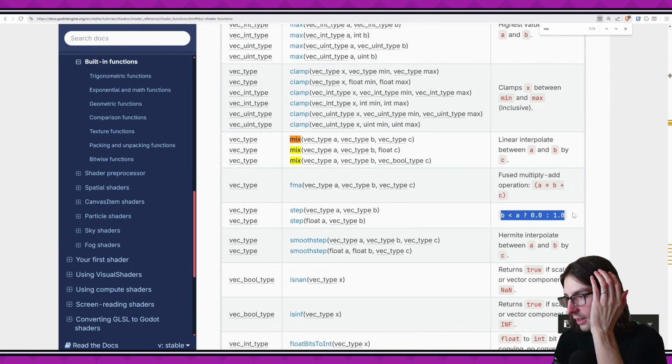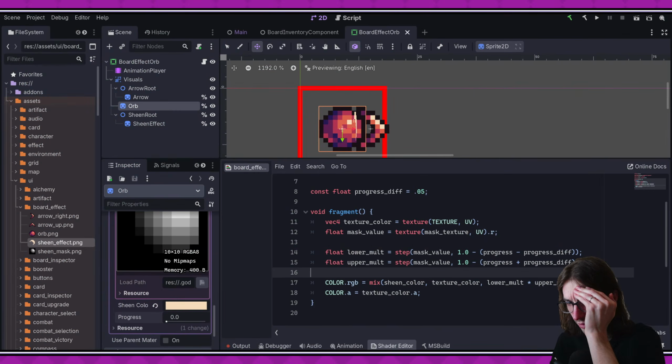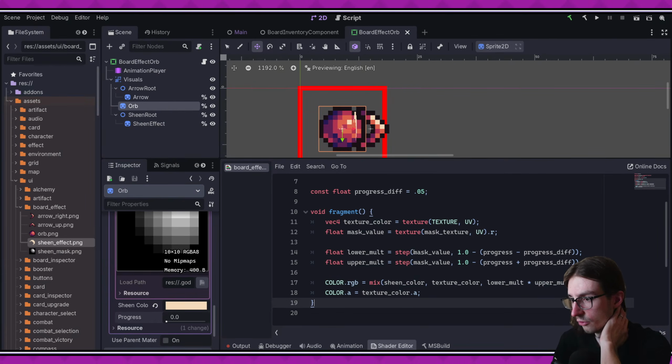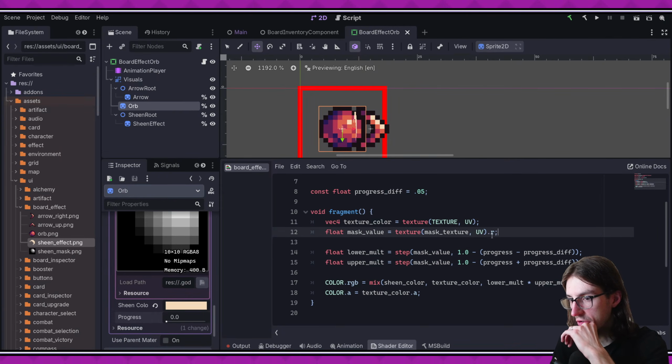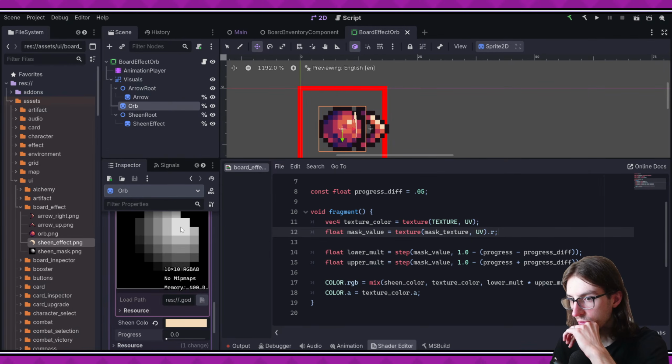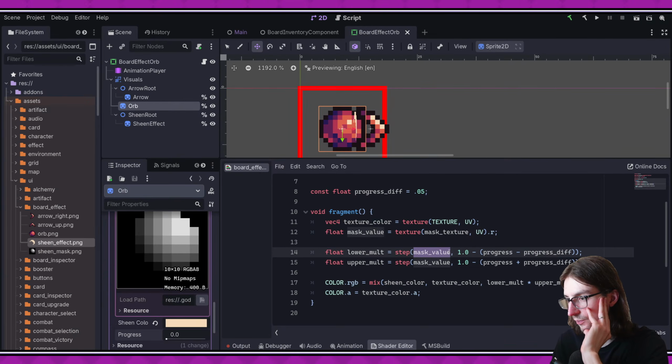Why is it like that? Wouldn't it make more sense if it said if A is greater than B, return 1? Why does it do the less than case first? That's a little bit confusing. So if this value is greater than this value, it returns 1. So we're looking at the mask value, which is the red channel. This is going to be close to 1, so we're saying let's just call it 1. So the value of 1,